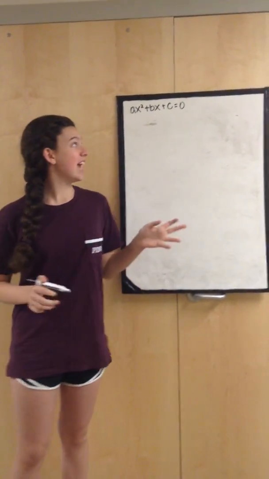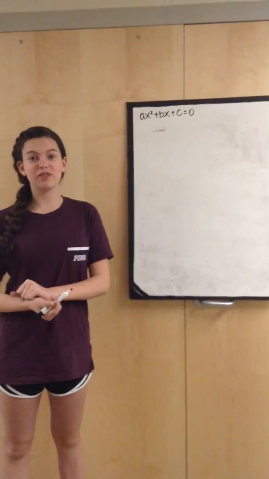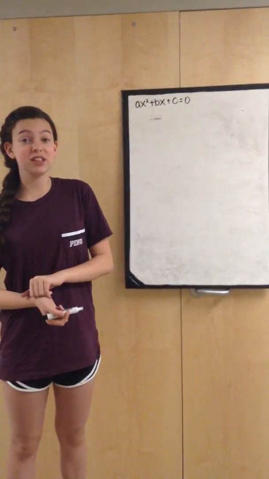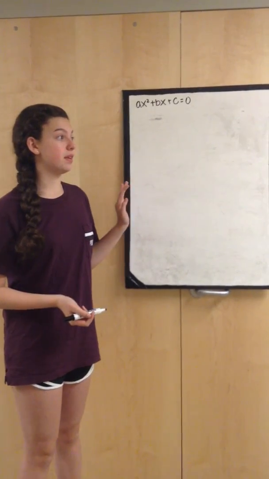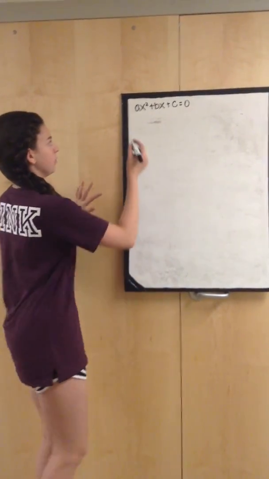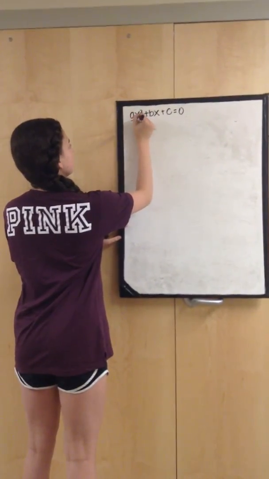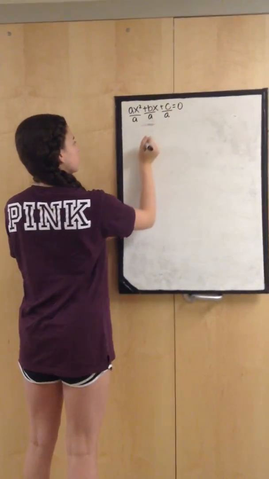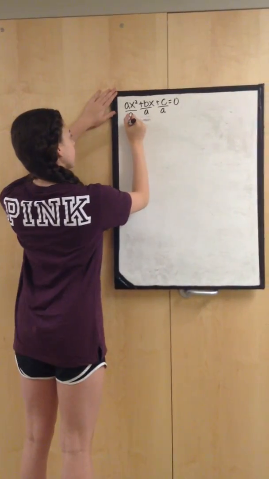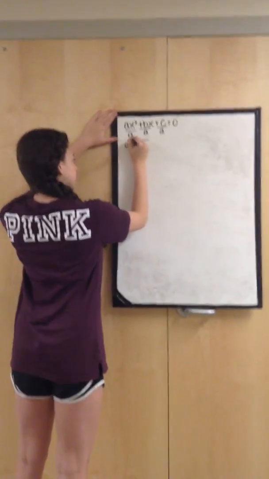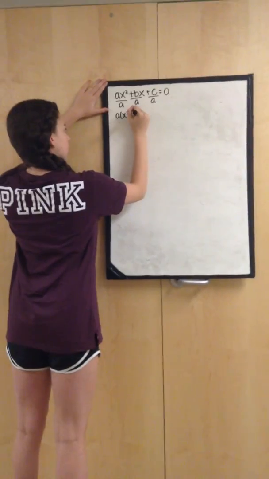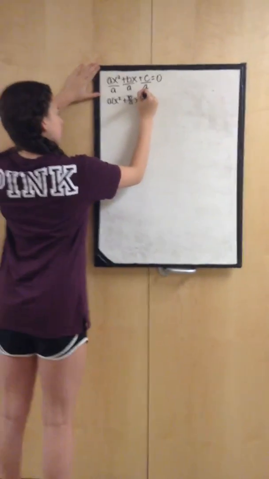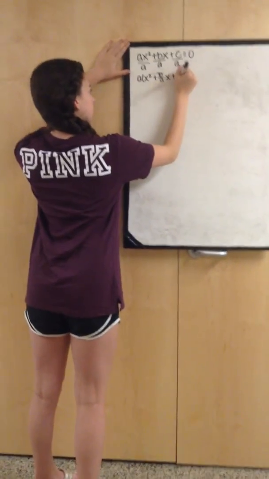Okay, so today we're going to derive the quadratic formula from the standard form of a quadratic function. So the first thing that we're going to do is divide everything by a. We're going to factor out a. So then you're going to get a parentheses x squared plus b over a x plus c over a